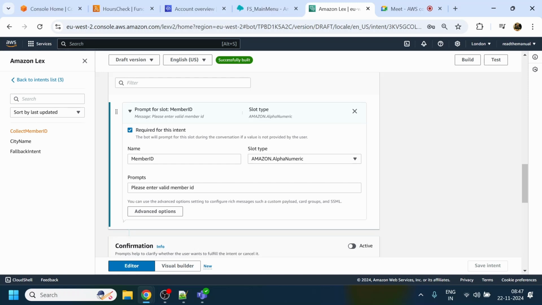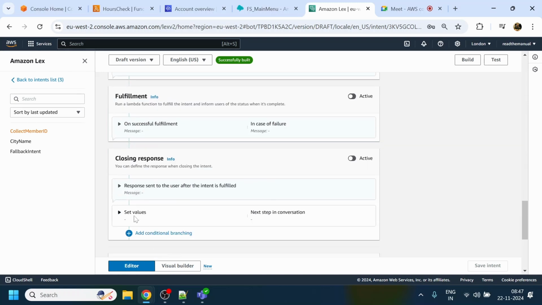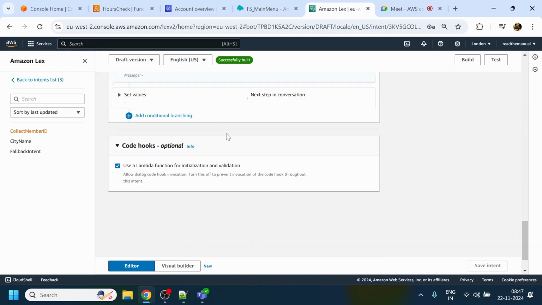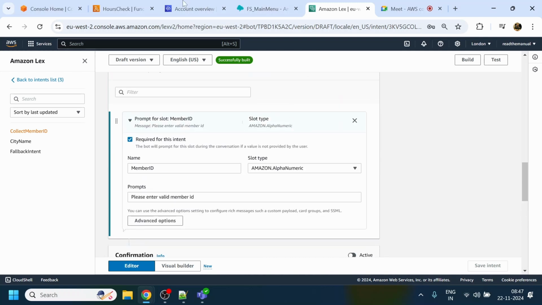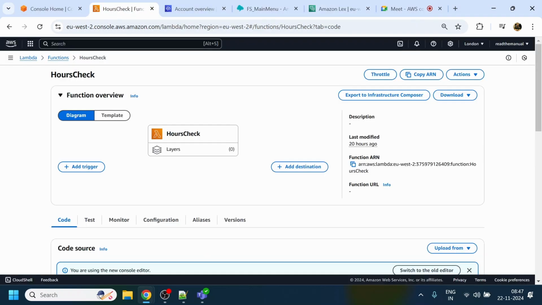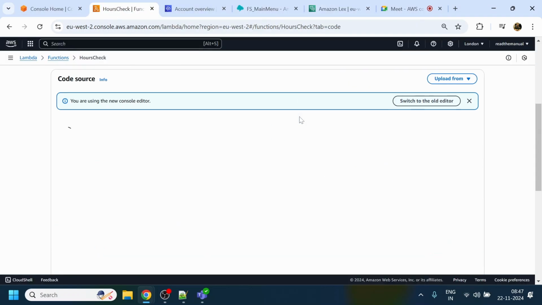On the left side, there is no change for this one. So we still have member ID. We are still calling the Lambda. Everything remains the same. Nothing changes over here. The only thing that changes over here is two things. First,